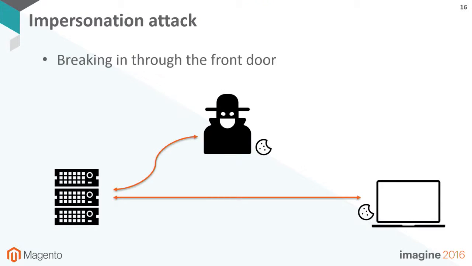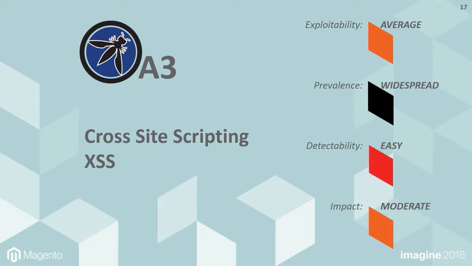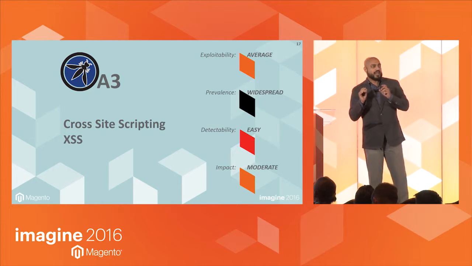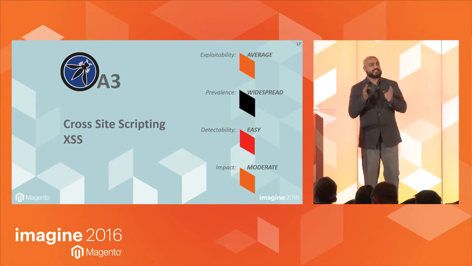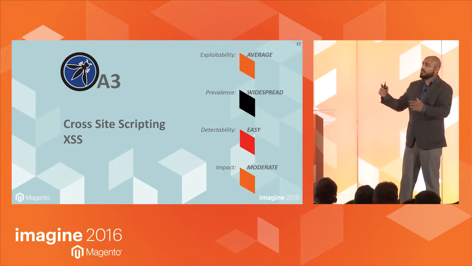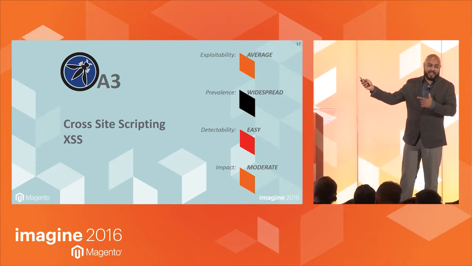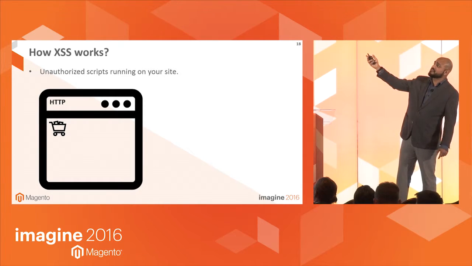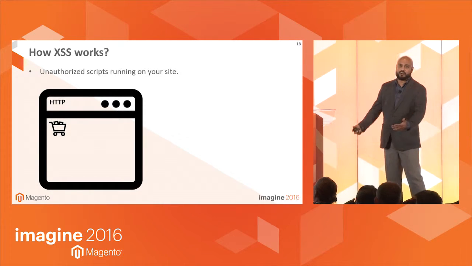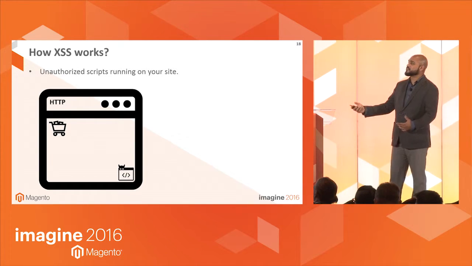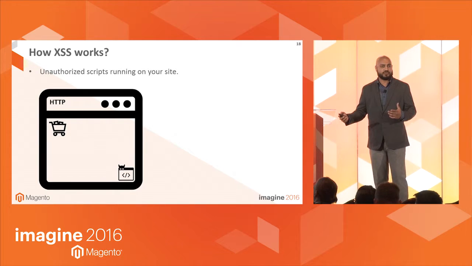And you may be thinking, how does the attacker get the cookie? Sometimes it's just by XSS. XSS is another of the top 10, and many of these vulnerabilities are usually chained together to execute a full data breach. So someone may use XSS just to get the cookie. Let me show you how XSS works. Let's say you have a website, okay? The definition of XSS is unauthorized scripts running on your site. Let's say you have a website, a shopping cart, and an attacker was able to put a script on your site and have it execute on a browser.